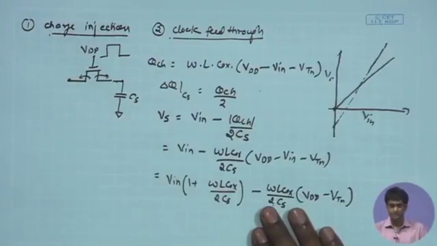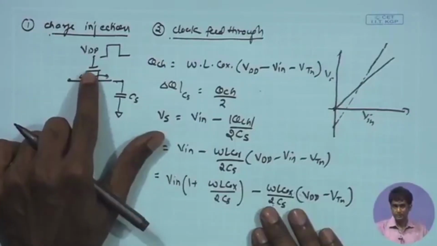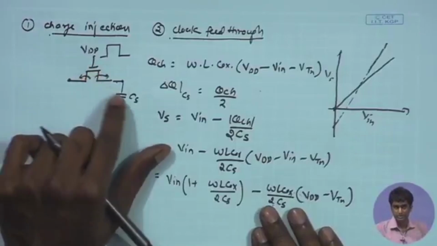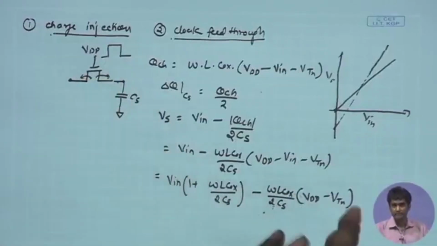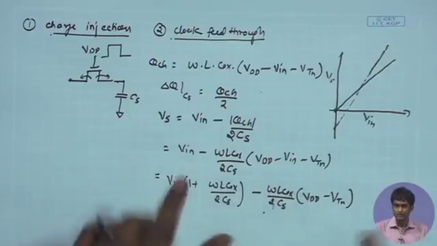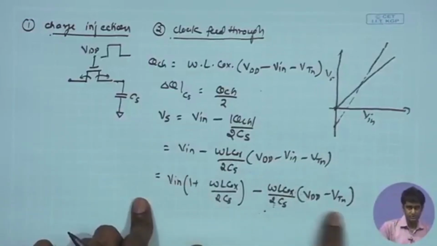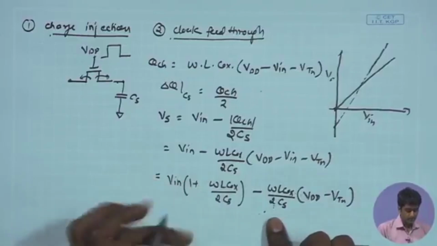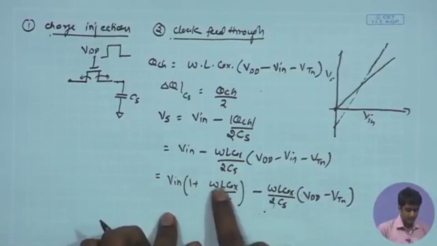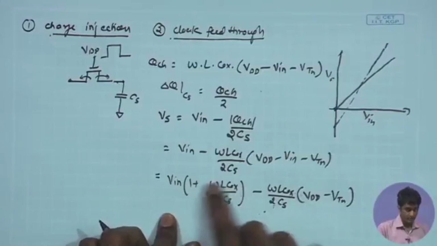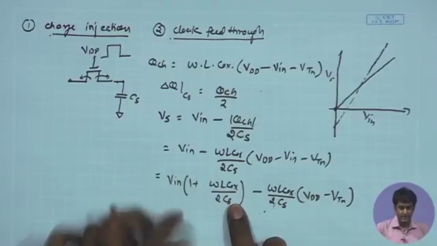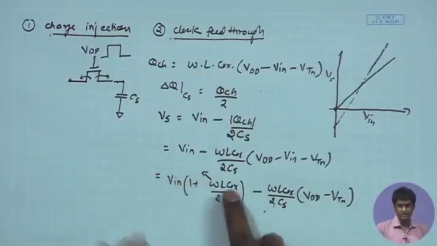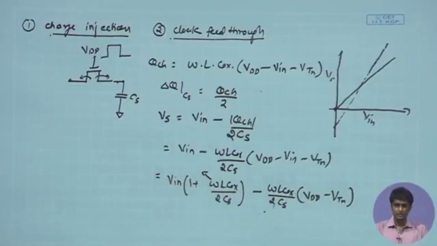So, if I am trying to make the MOSFET larger or CS smaller in order to facilitate faster sampling, it is going to have more corruption because of this charge injection effect. And we can see that the overall nonlinearity, that is the overall gain error that is coming, is dependent upon W L C O X upon 2 C S. And if we talk about this quantity W L C O X for an overall,